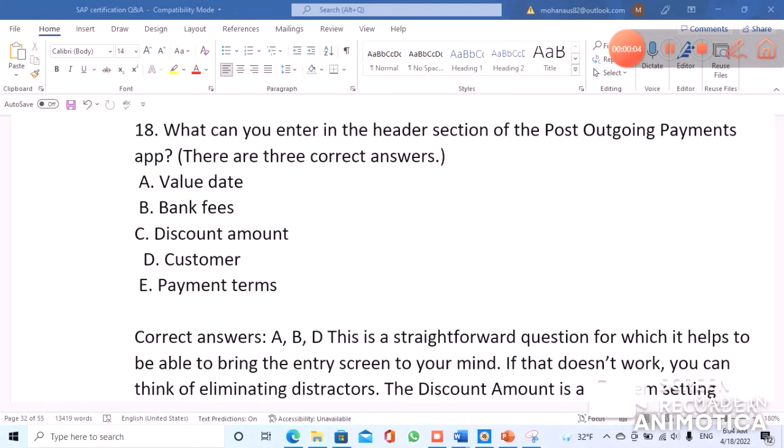What can you enter in the header section of the Post Outgoing Payments app? Value date, bank fees, discount amount, customer and payment terms. Header section of the Post Outgoing Payments app. Value date, bank fees and customer. This is a straightforward question